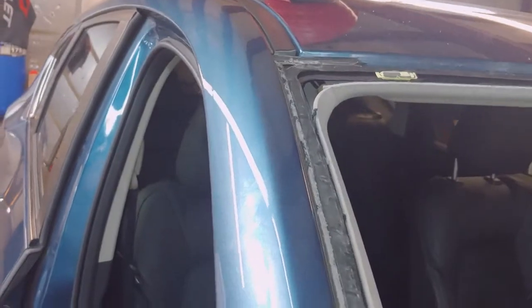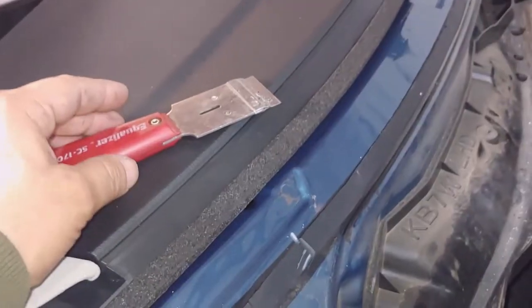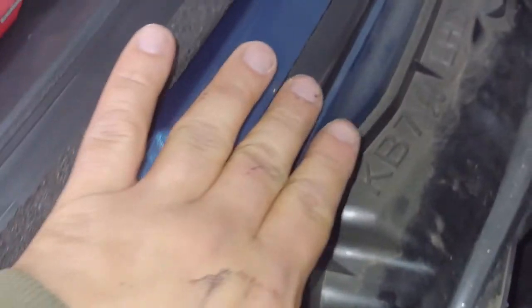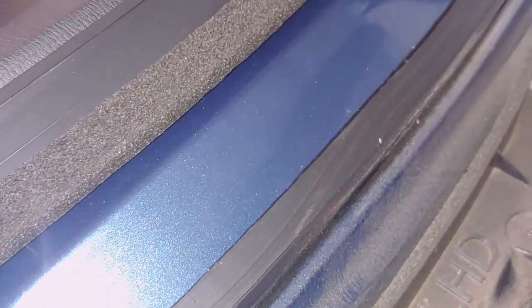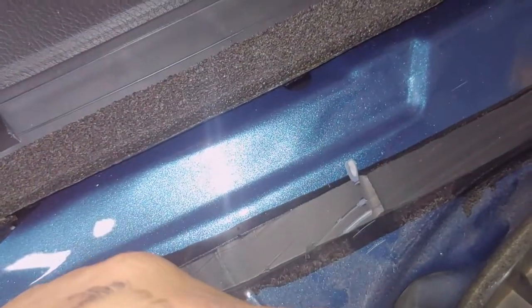And best way to do it is just a razor blade, and make sure you have even cuts, nothing's jagged. All right, just finish this step. Really easy, razor blade. All you do is cut the old urethane all the way smooth. You don't have to take it all the way off. Make sure, if you do for some reason gouge the paint, put a little bit of primer on there,